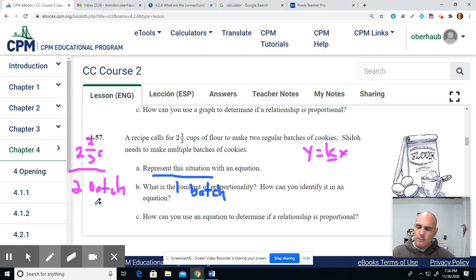So here's the idea. I always write down my true statement, 2 2/3 cups of flour for 2 batches of cookies. Then I can start talking to myself about, okay, how can I get myself to 1 batch? Well, I can just do 2 divided by 2. That will give me 1 batch. That means I also need to divide the top by 2. So now I got to do a little bit of math here. So reminder how I divide fractions. The first thing is I got to make this top heavy. I'm doing the work up here. So this is 8/3